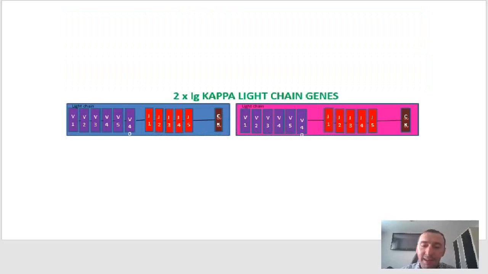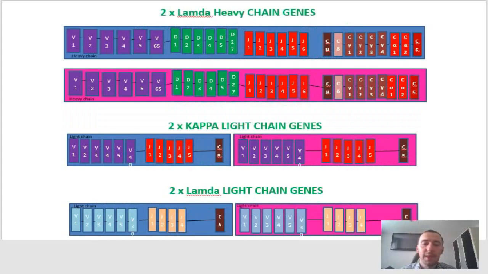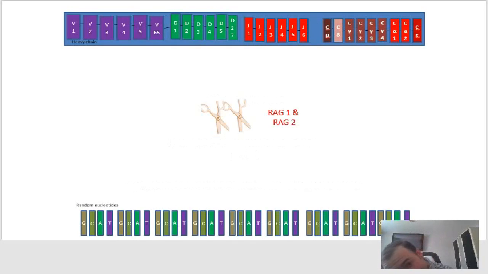It also has 2 kappa chains, 1 from father, 1 from mother, 2 lambda chains, 1 from father, 1 from mother. Okay? Now, step 1 is to rearrange the heavy chain. Okay? So it selects one parent's